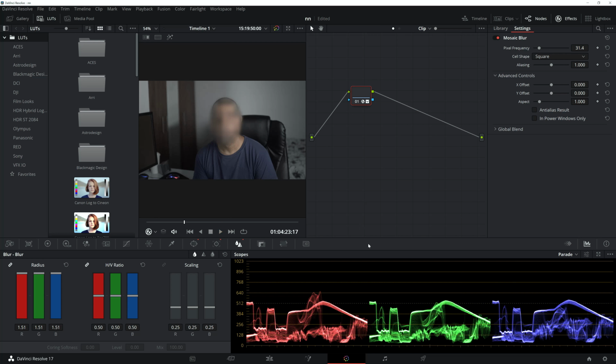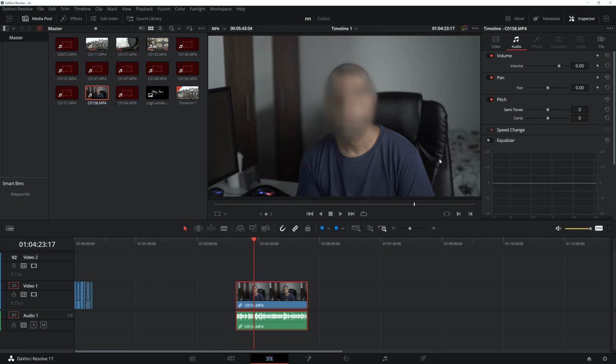So the other thing I want to stress here is, because I'm talking here, the voice is actually quite normal. So what I'm going to do is, if you go into audio, click on the inspector, click on the audio here, and then just press the pitch. If I bring the pitch semitones down,